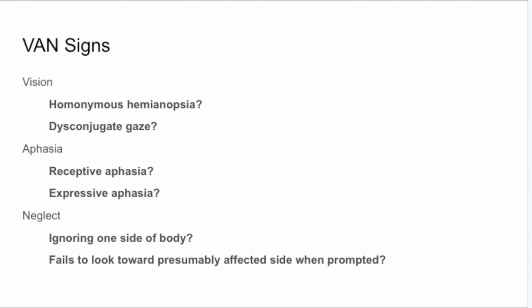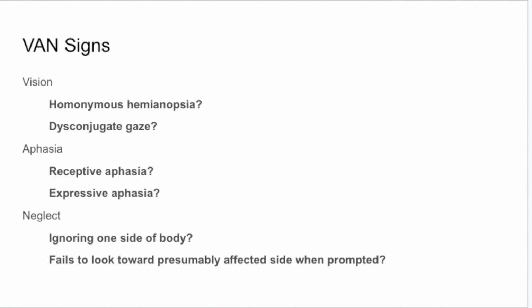When we assess for aphasia, specifically, is the patient having receptive aphasia, meaning demonstrating inability to understand or perceive language? Additionally, are they having any expressive aphasia, meaning difficulty producing language? And thirdly, we'll assess for neglect, which in my opinion is one of the most interesting findings in the setting of LVO. Essentially, it appears that the patient is ignoring a side of their body, or of course neglecting the